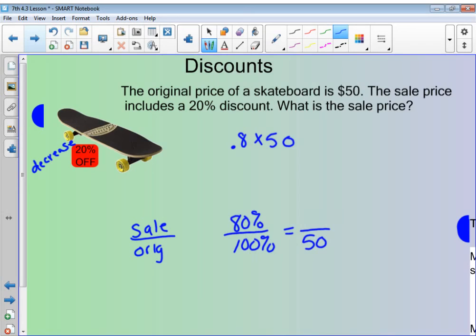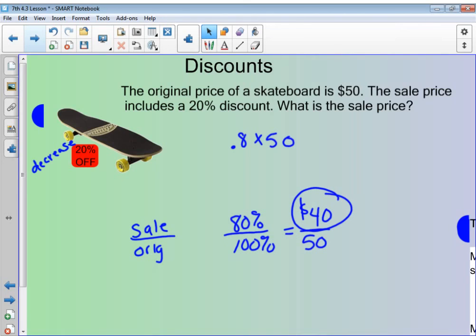When you worked through this, you should have gotten $40. So that's how much you're going to pay for that skateboard. Okay, so that's working with discounts when you get